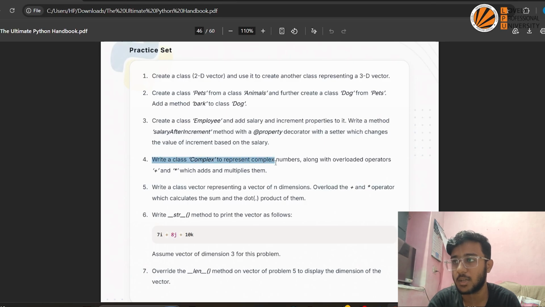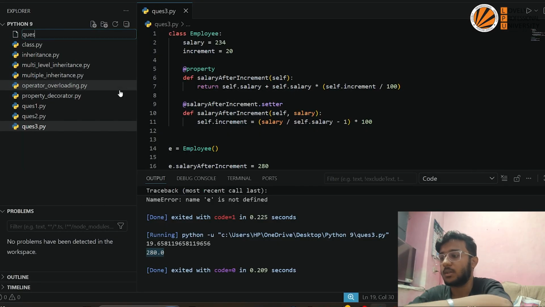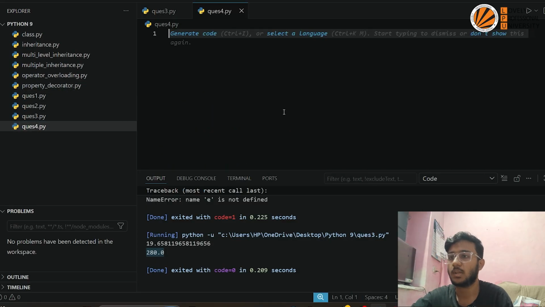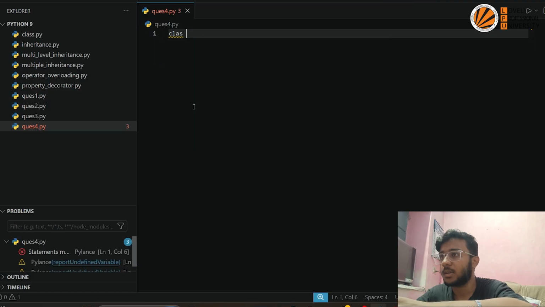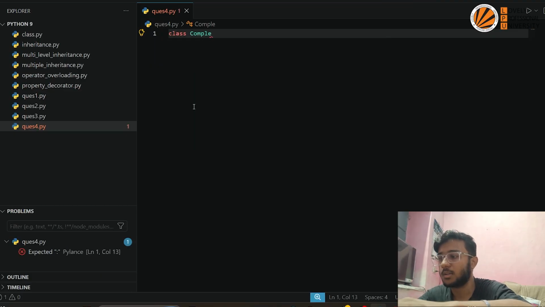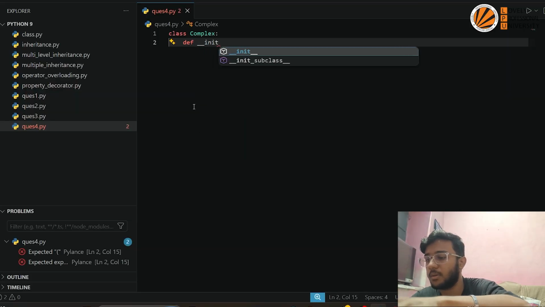Write the class complex to represent complex numbers along with overloaded operators plus and multiplication. Overloading operation we have to use here using the complex class. So how to do this? Let's write class complex and then def __init__